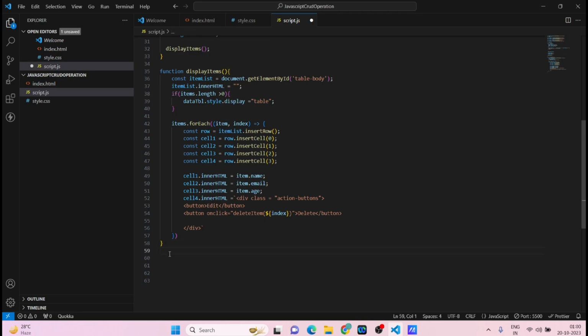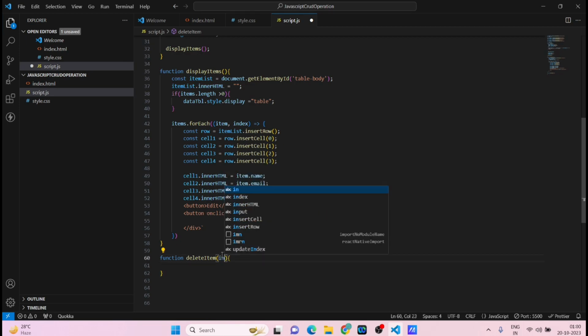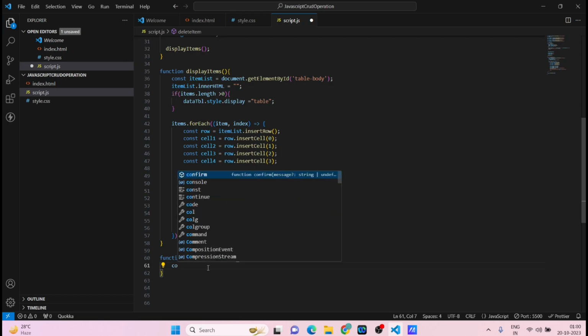So I'll go and create this function, delete item. While calling this function, there should be an index present, whatever we are calling, the index should be available. This will be the parameter. After passing the parameter, we have to